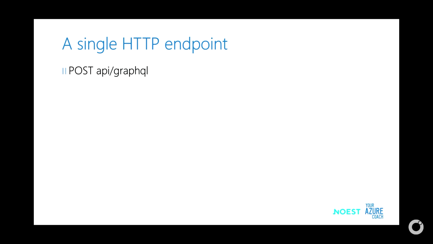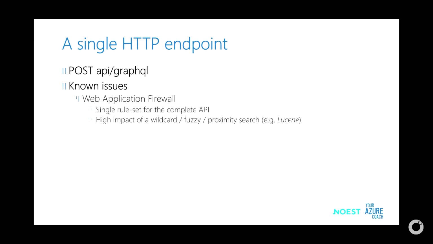So with a WAF, for example, a web application firewall, you sometimes get into issues. Remember with the REST API, what I often had is when you had some wildcard search functionality, sometimes that's being blocked by a WAF because it's SQL injection alike. And then what they typically do, they change the rule set of the WAF, but only for that particular operation. If you now have such a wildcard search in your GraphQL API, they need to disable it for your complete API, because those rule sets are applied on a route.